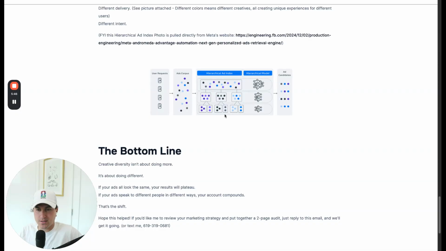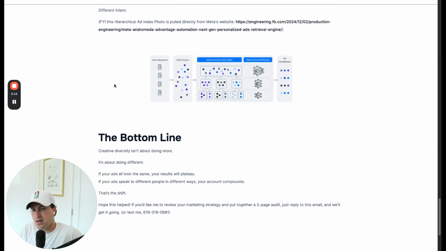Maybe this gray one is somebody who's warm. It's going to give them all the gray ones. And maybe this blue one is someone who's ready to buy. Maybe they even looked at a competitor, and they're going to give them all the blue ones, right? So 3 funnels, 3 different experiences based on the education of that customer. That explains it well. This is what I want to show each one of our clients that starts to ask questions like, what's our funnel looking like? It's a very easy way to understand.